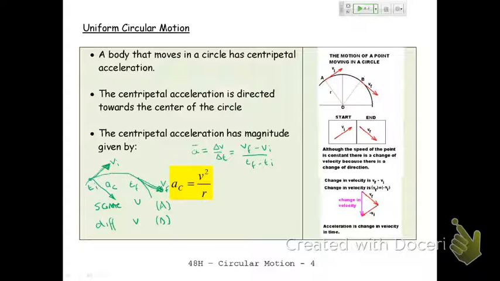Now, think about it. If the AC had a component in the direction of this velocity,